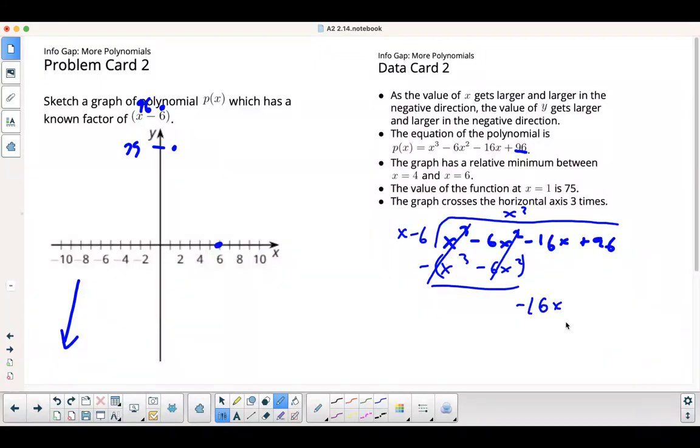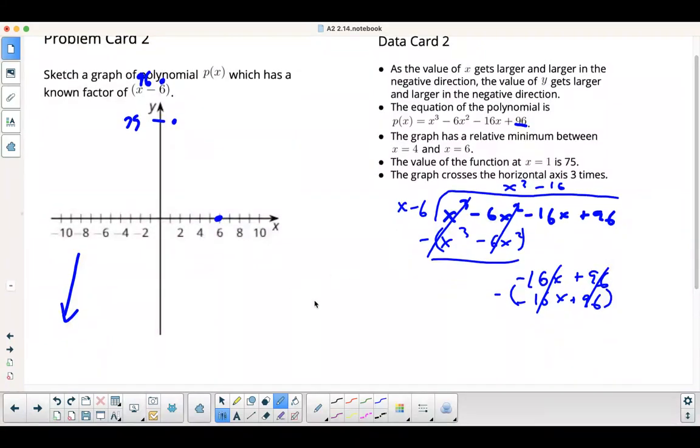So now I can bring down the negative 16x, and then I'll bring down the 96 too because everything canceled. X times negative 16 would give me that, negative 16x. Multiply. And then I need to do negative 16 times negative 6. What's that? That's positive 96. And then I subtract. And actually those cancel, and then those cancel because of that extra negative sign there. So basically that's saying x minus 6 times x squared minus 16 is my